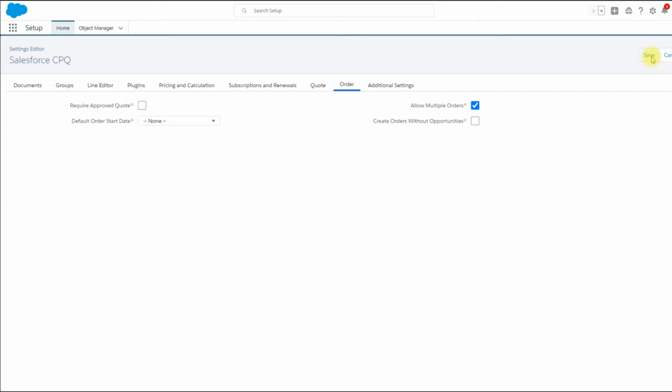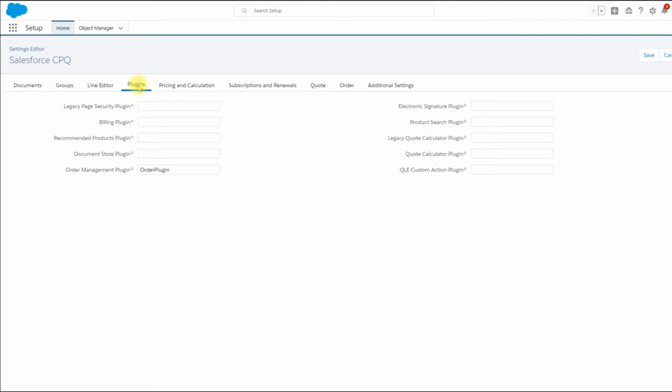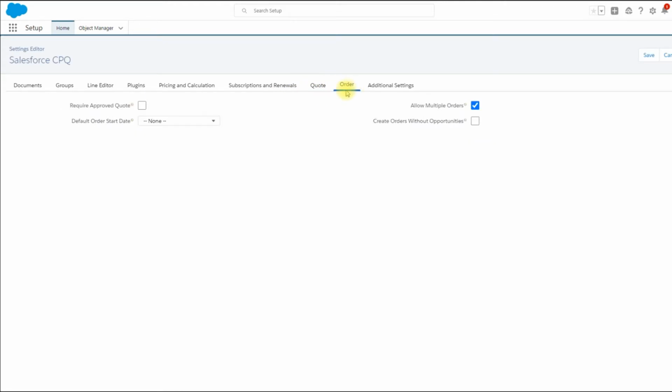Okay, let me hit save. So that's it. As with other Salesforce plugins, the configuration is quite straightforward. You need to create an Apex class, the class name needs to be set inside the order management plugin, and then inside the order tab you need to set the default order start date to none.